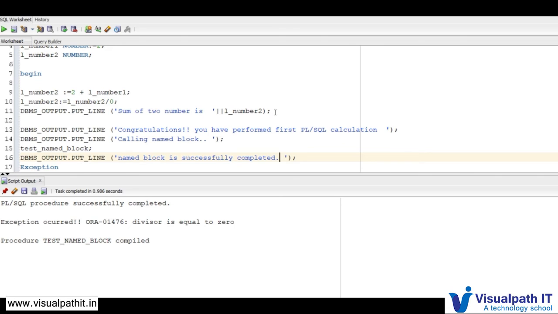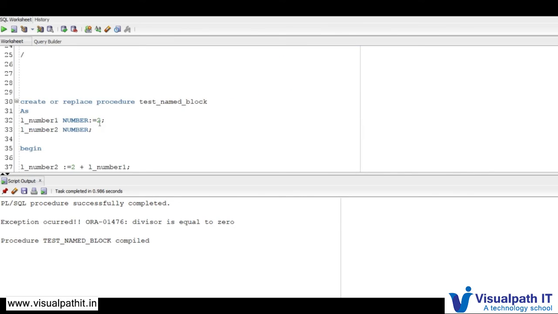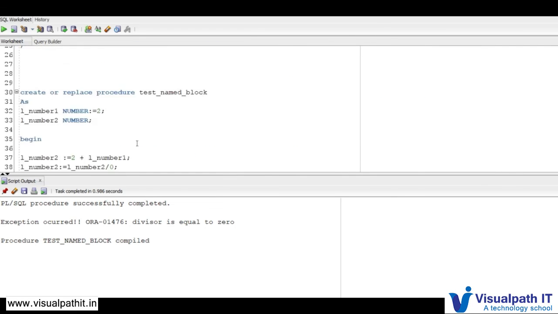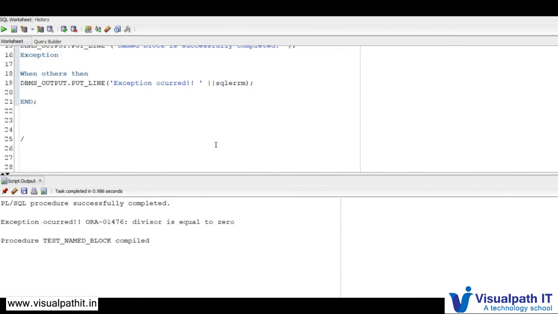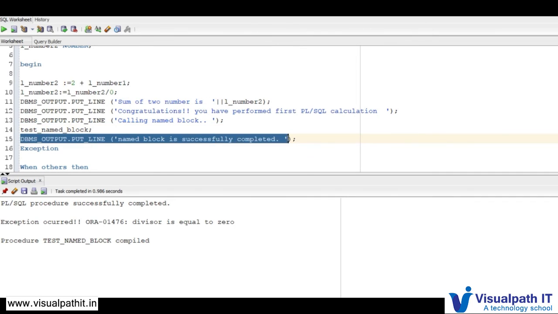What I have done is I have called this test named block as it is. It means I am calling this procedure. After this line, the control will go to this PL/SQL block, this named block, and execute these lines, and then once the execution completes, it will again go back here and start execution at the next line of the sequence.